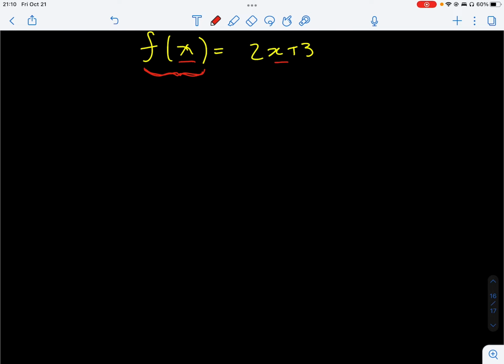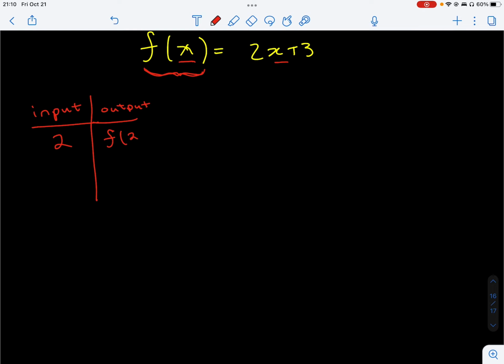Let's make a table, inputs and outputs. If I want to plug in a number, let's use 2, probably a smaller number. If I want to put the number 2 in,